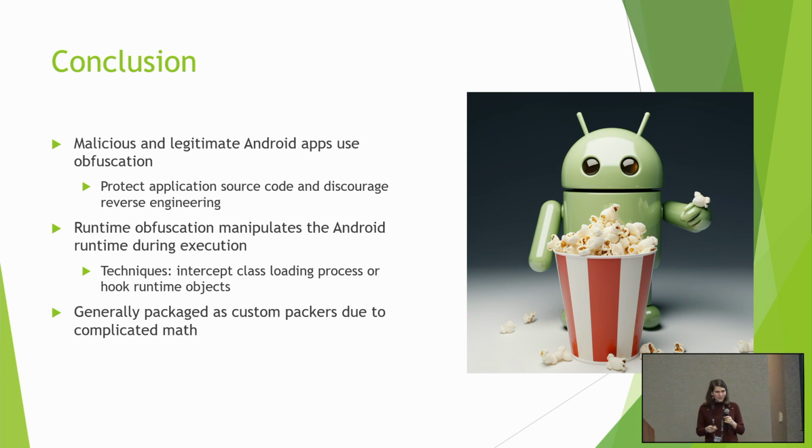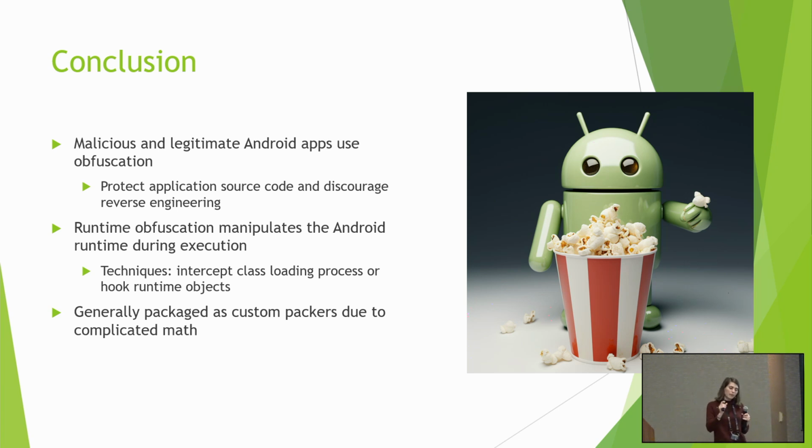So in conclusion, let's just cover all that we covered today. It was actually quite a bit, but it didn't seem too long, I hope. So we looked at the different obfuscation motivations and techniques within Android, and we looked at how we could use these obfuscation techniques to protect the underlying source code of our applications so that we could prevent reverse engineering for legitimate or malicious reasons. We also looked at the runtime obfuscation techniques to subvert the class loading